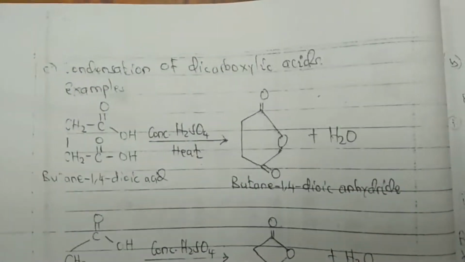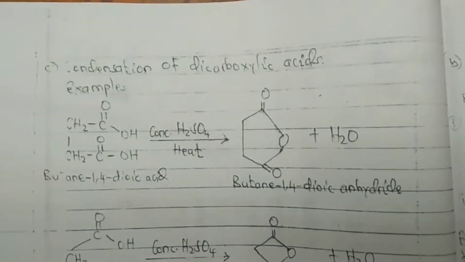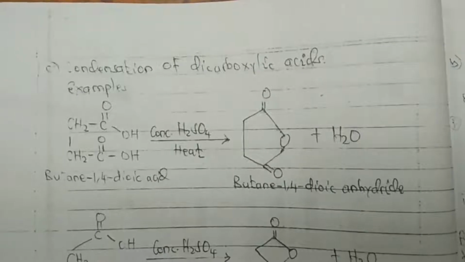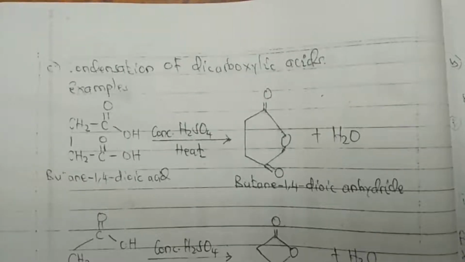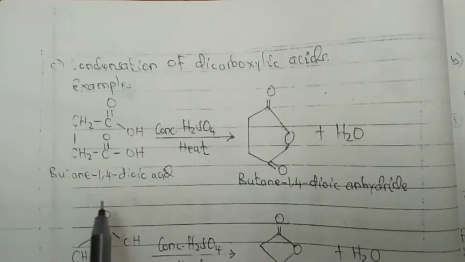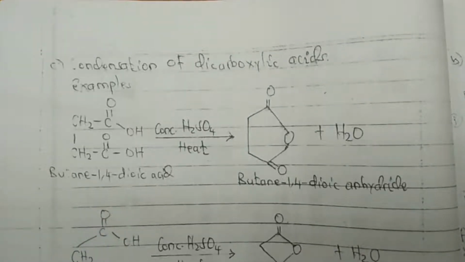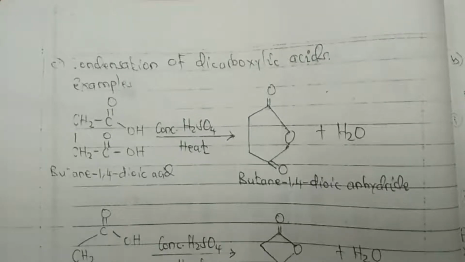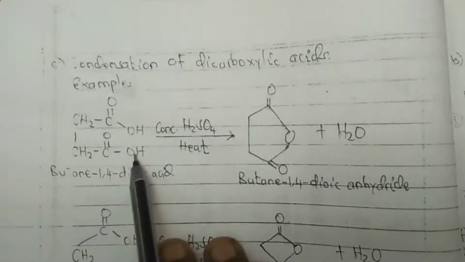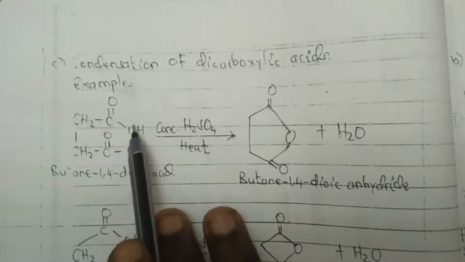Again, another reaction is the condensation of dicarboxylic acids. The dicarboxylic acids are compounds which have two carboxylic groups. Let's say, for example, this is buta 1,4 dioic acid. Na ukifanyia condensation, maana yake ni kwamba itatengeneza ring ambayo tayari pale hydroxyl mmoja atachukua hydrogen